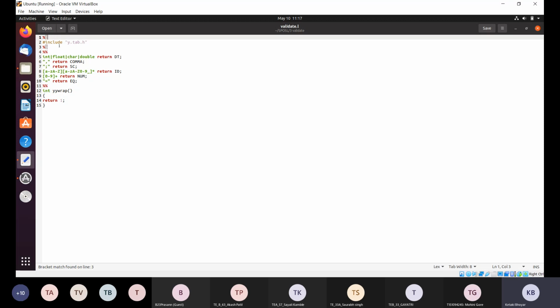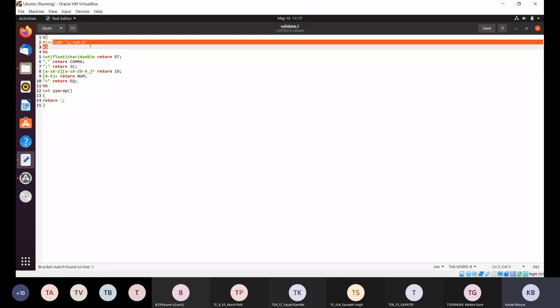Okay, first of all we will see the lex code. To implement the YAC specifications, it is compulsory that we should have the lex file also, and we should have the YAC file also, as they are interdependent on each other. Okay, so I'll explain you the lex file first. As you all know that the lex file is saved with .l extension, and the YAC file is saved with .y extension. Okay, so the format for the lex file I have already explained you in the last session itself.